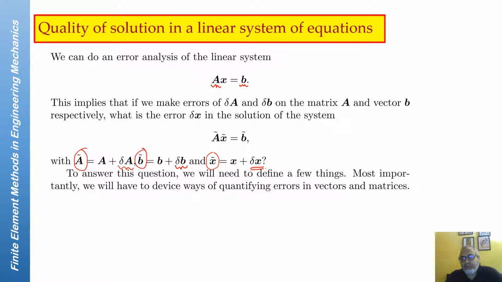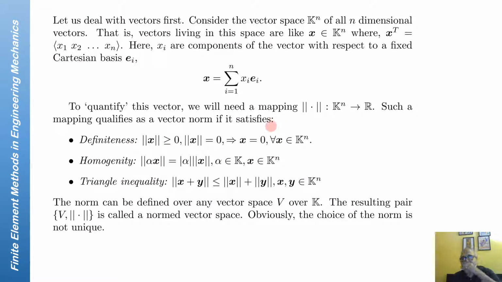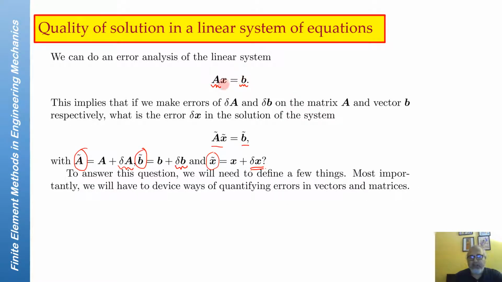So to answer the question of whether a small perturbation in A and a small perturbation in B will cause a small perturbation in X, we will have to find ways of quantifying vectors and matrices. To do that, the first idea that we need to learn is that of a norm of a vector. So we are dealing with things like displacements or vectors of degrees of freedom, which is what X is,